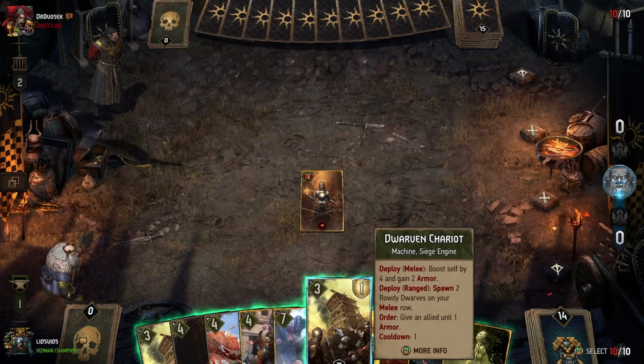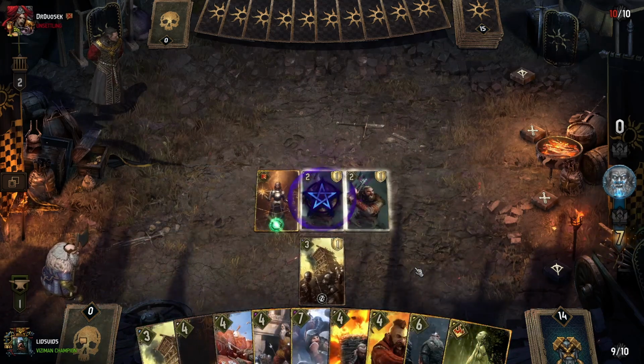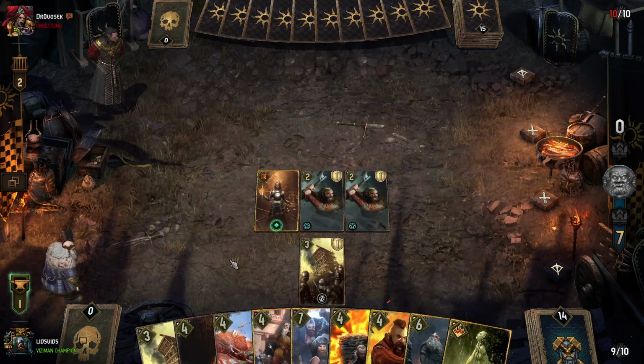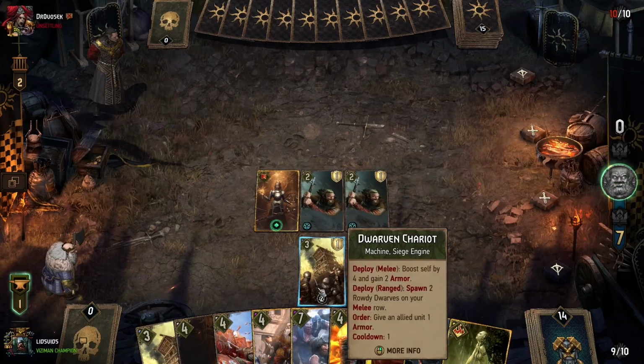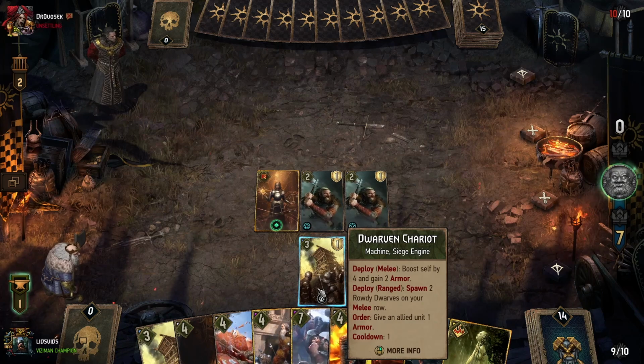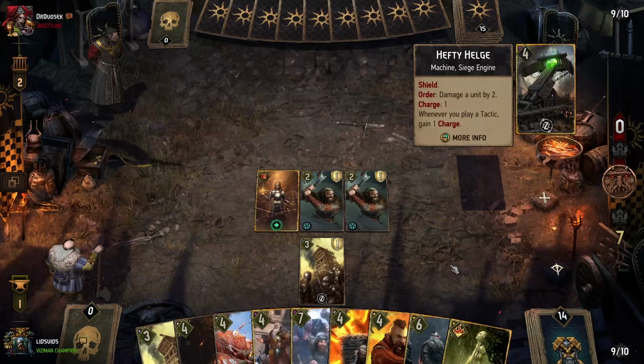So let's start with Dwarven Chariot, because that can be a way to give ourselves extra armor on a card. I'm debating whether to boost it with Tactical Advantage or not, because I'm anticipating this will get locked one way or another. So I think we leave it there. So basically, the strategy in round 1 is likely to be...